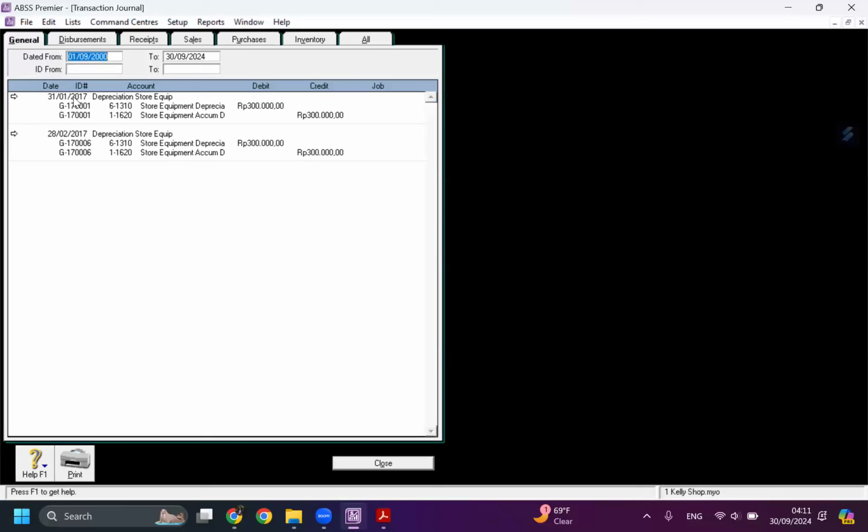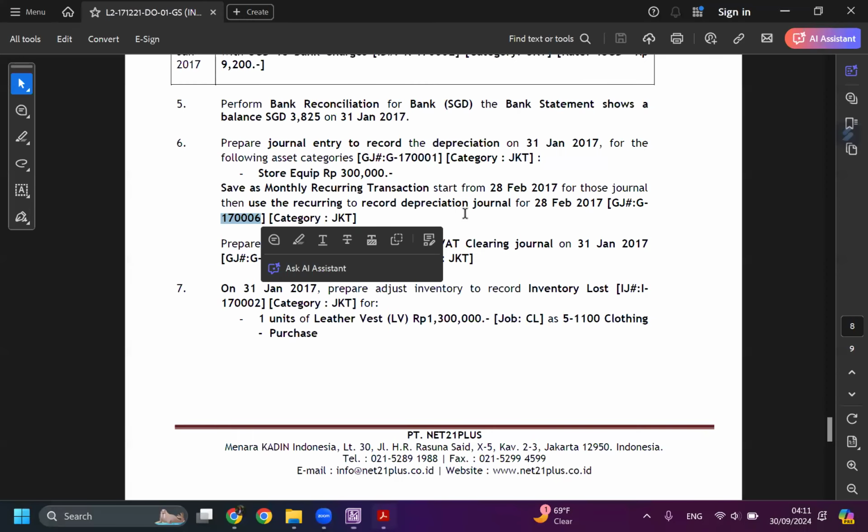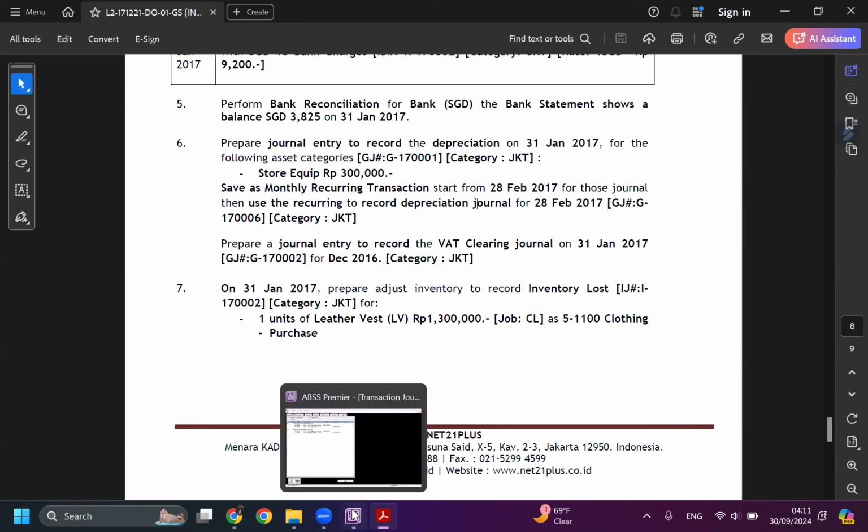So we have transaction on January 31st, and also we have transaction on January 28th. Finish. And next, we are going to prepare journal entry to record VAT clearing journal on January 27 for December 2016. All right, record journal entry for VAT clearing.